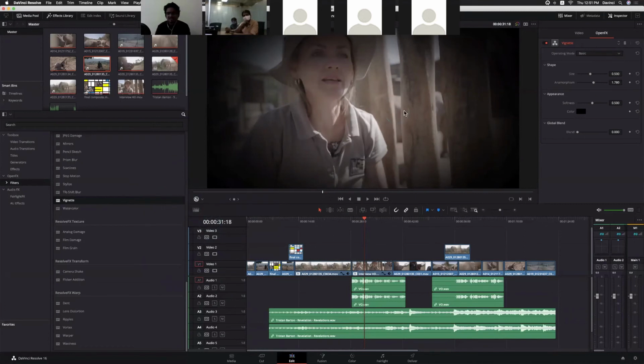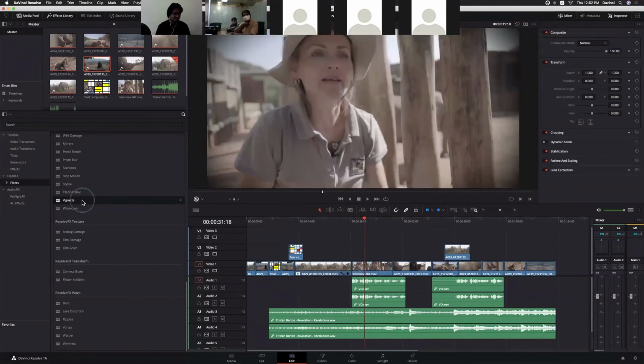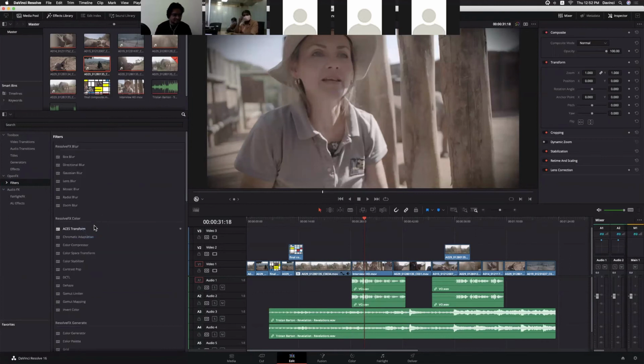Yeah, we don't have any option for the vignette, unfortunately, the circle and everything. But for some filters you will find on-screen controls, even for some transitions. Basic, advanced, the size and everything. Yeah, it's there, the vignette filter. And you will find it in most of the filters.